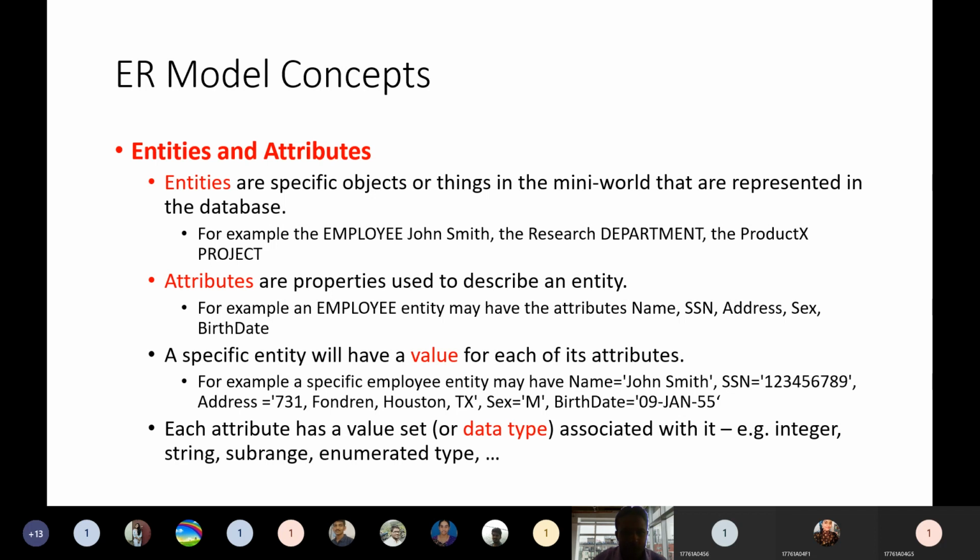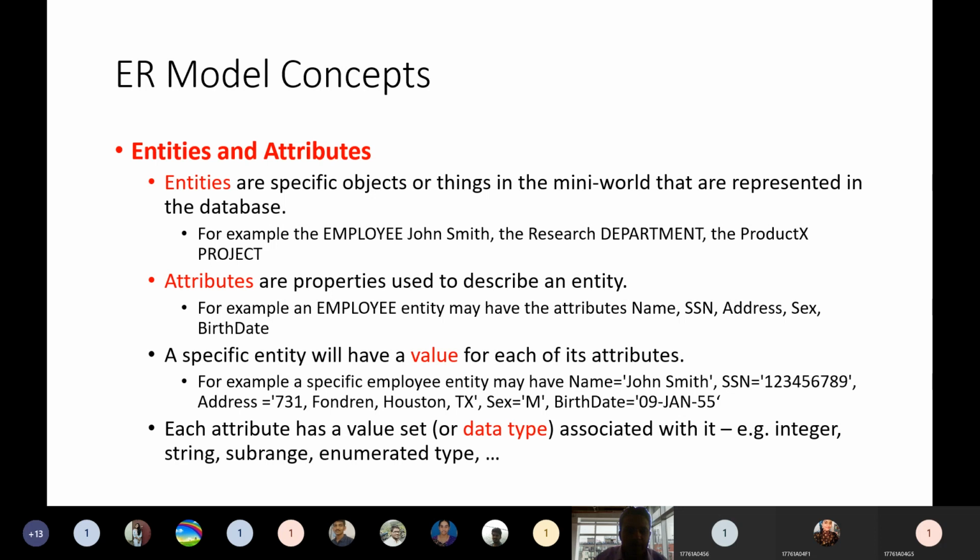Similarly, department is one object, product is one object, project is one object. So these are all the objects. First we look at the object, then we try to figure out what attributes are required for that object. When you take student, there should be roll number, name, marks, average, grade, all those things. For department, there will be so many attributes, so many details. In the department also we can divide subsections, and in those again details will be there.